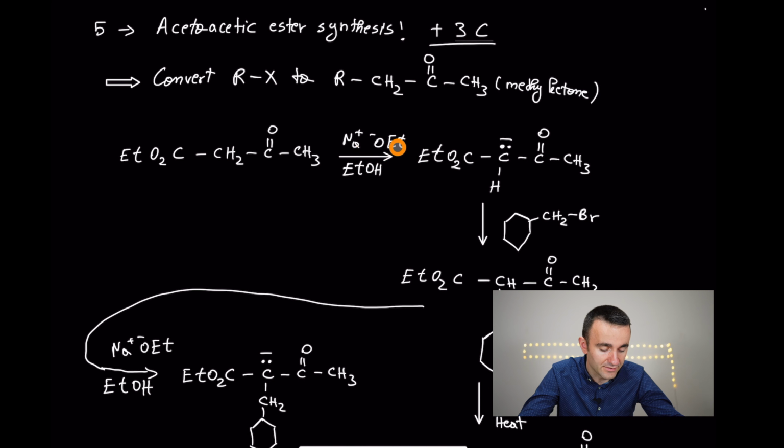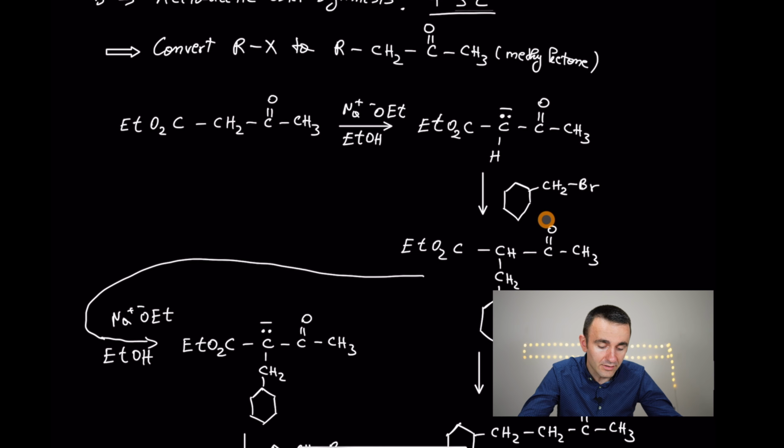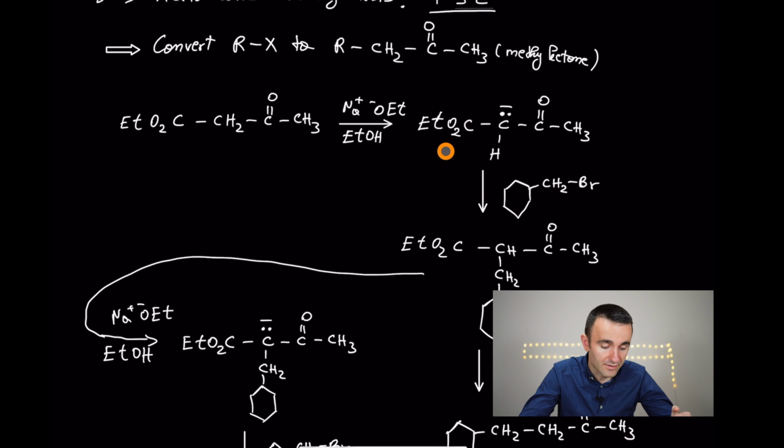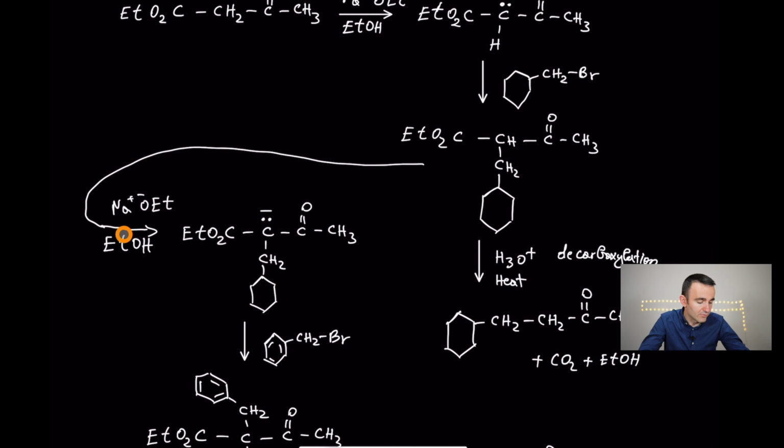You treat with sodium hydroxide and ethanol to remove the hydrogen that is acidic, because again it's between 2 carbonyl groups, and you can add, for example, this. The rules are the same for the second stage because it's again according to the SN2 mechanism. You can add this compound here, and after that you can go straight to do decarboxylation and to yield the methyl ketone, or you can add another group or substituent to the alpha position by treating again with sodium hydroxide